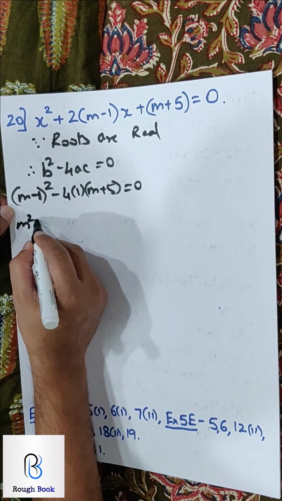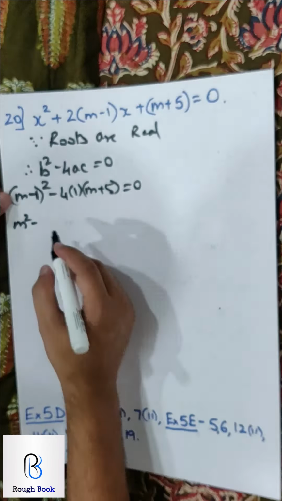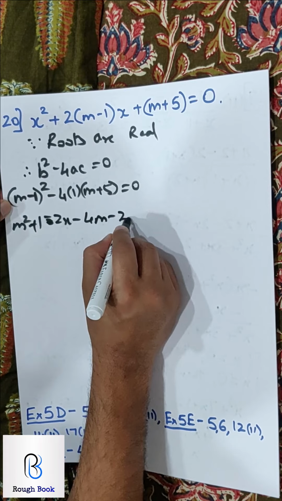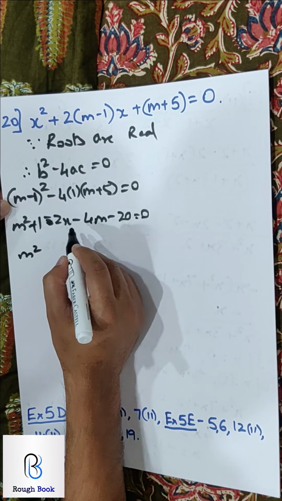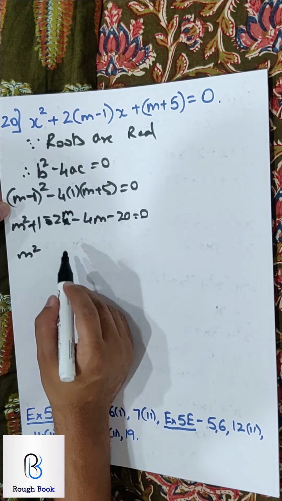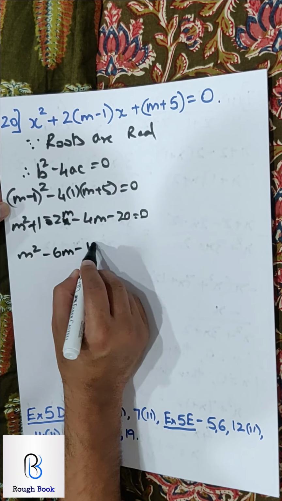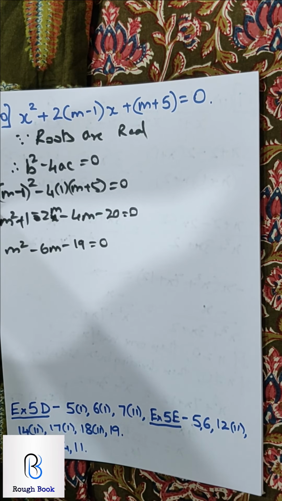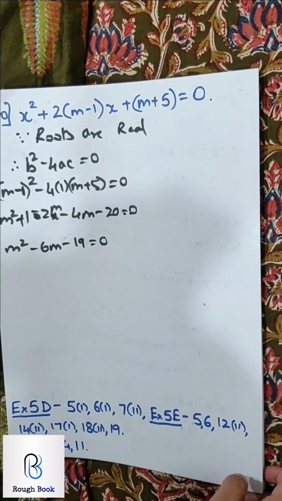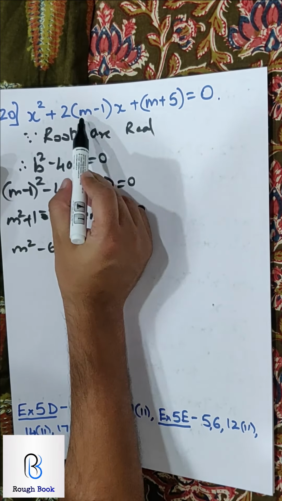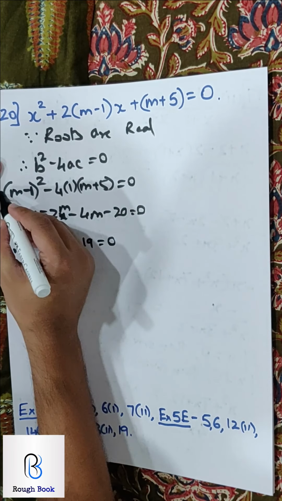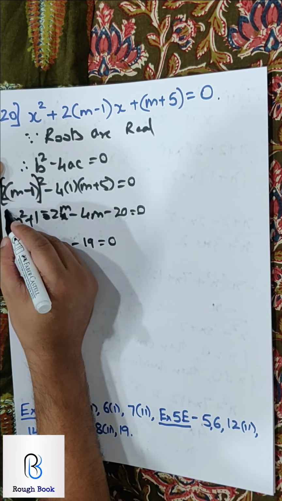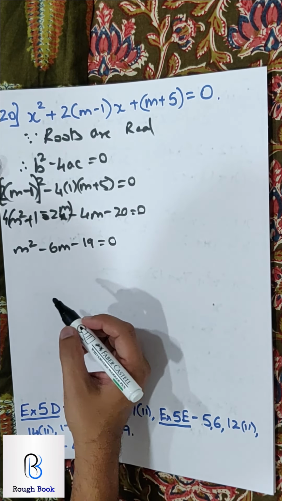So I get m square plus 1 minus 2m minus 4m minus 20. So this will be minus 6m minus 19. Yeah. Let's see what can we do ahead. Yeah, look at the mistake that I've done. You should not be doing that mistake. I just took m minus 1. Where did the 2 disappear? So it should have been 2 the whole square. So then it becomes 4 times, correct? So 4 times and this in bracket. That's the mistake that I have done.